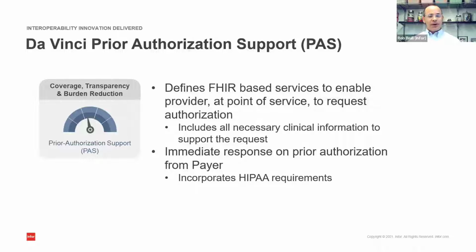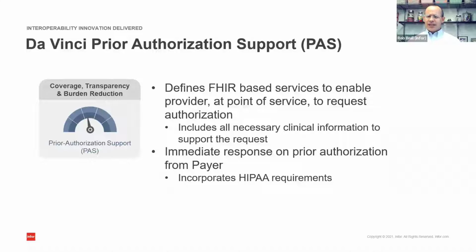One final note on prior authorization: it incorporates HIPAA requirements. The HIPAA requirements for prior authorization say that prior authorization must always be done in the X12 standard, the 5010 X12 standard. That hasn't changed. What that means is, at some point along this exchange of data, the data needs to be converted to X12 just to meet HIPAA requirements. But in most cases, it also needs to be converted to X12 just so it can be sent to the legacy systems that the payers might still have. But it allows the provider on their side to see everything in a completely FHIR-based way.